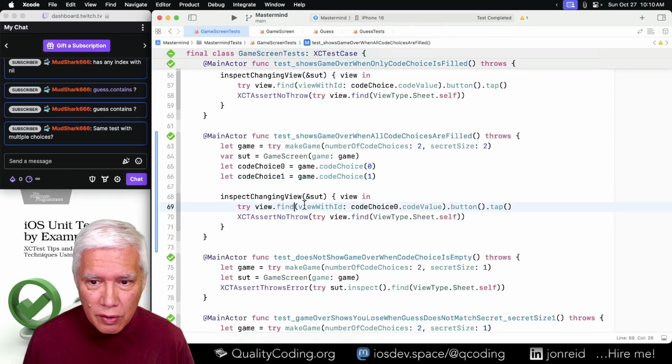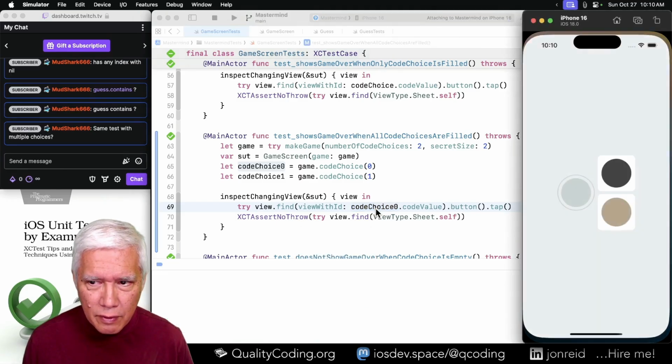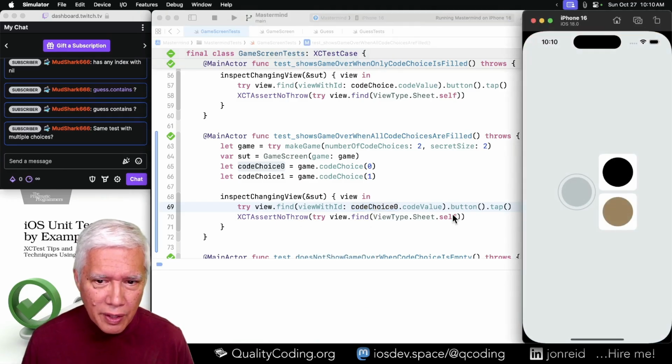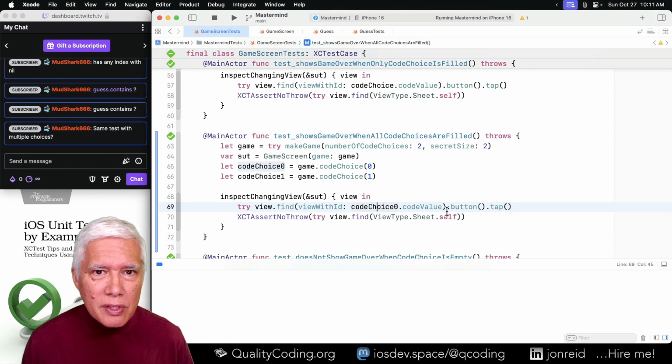Find the button. Let me run the game a second. Oh, we only have 1. Let's see it with 2.